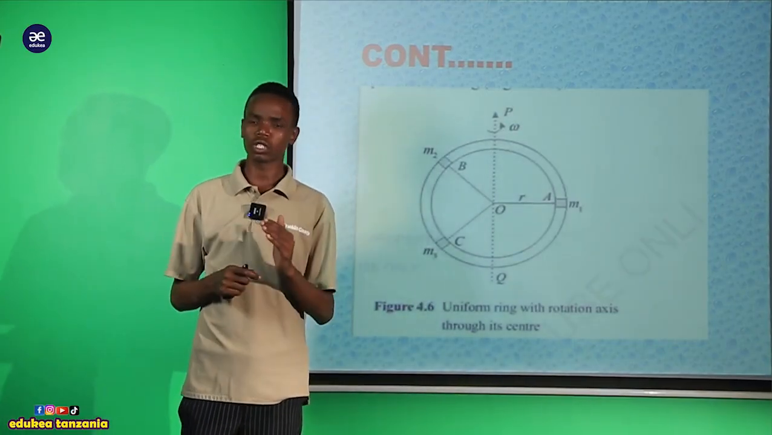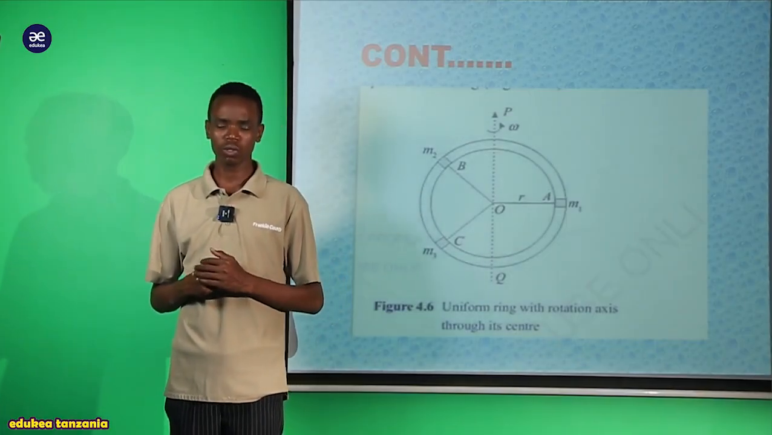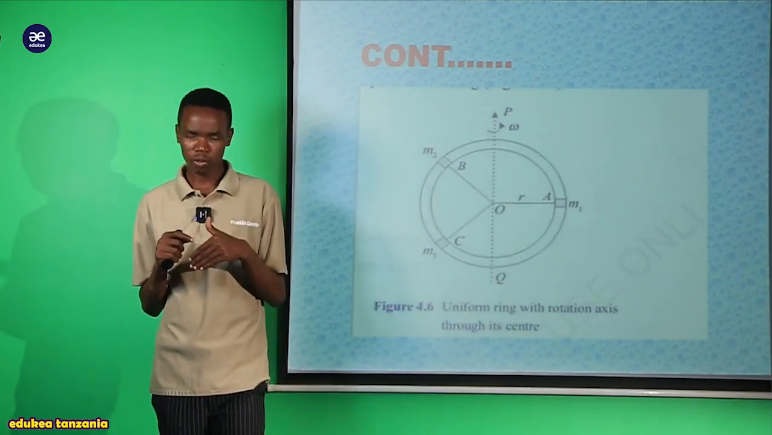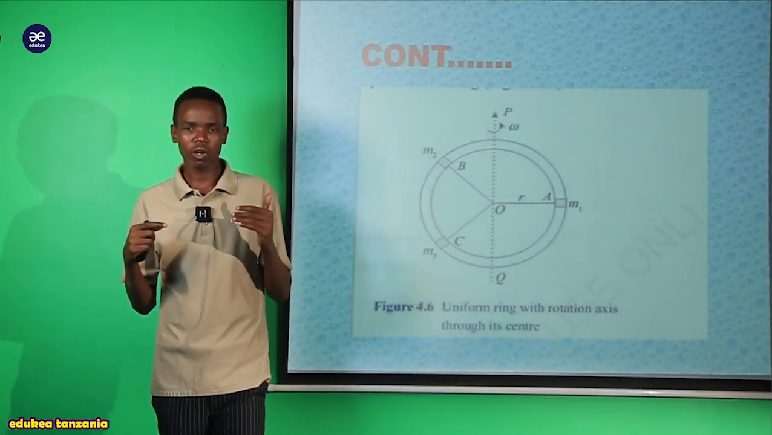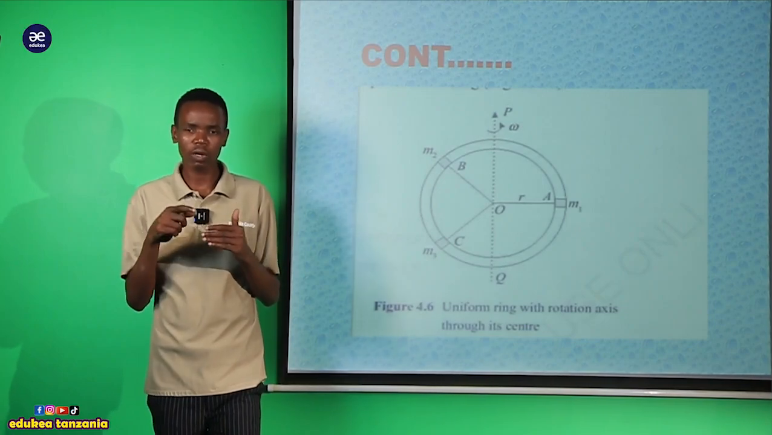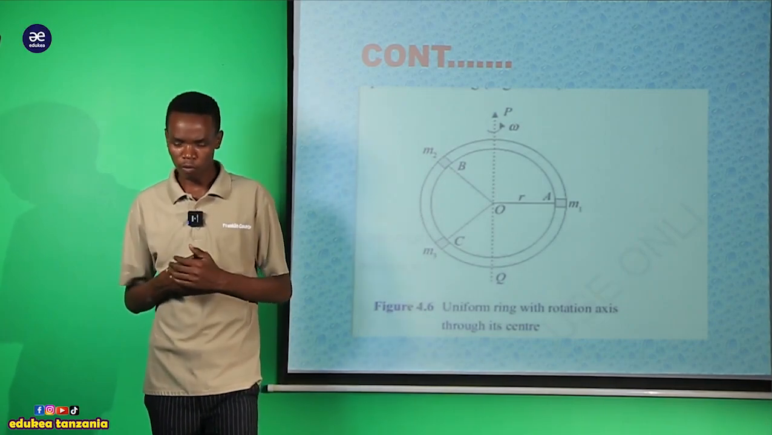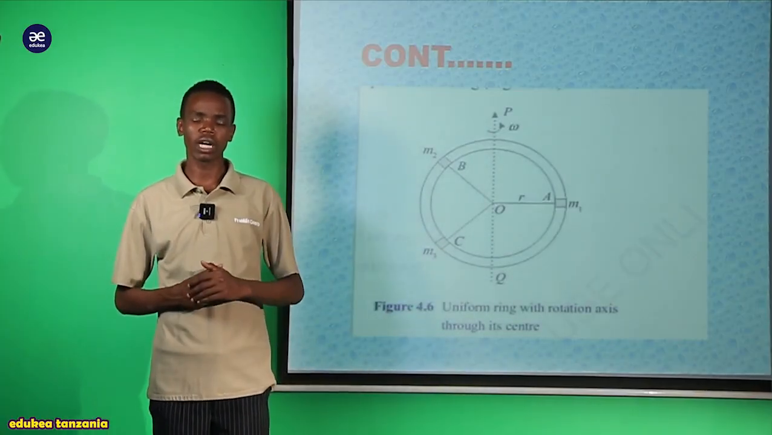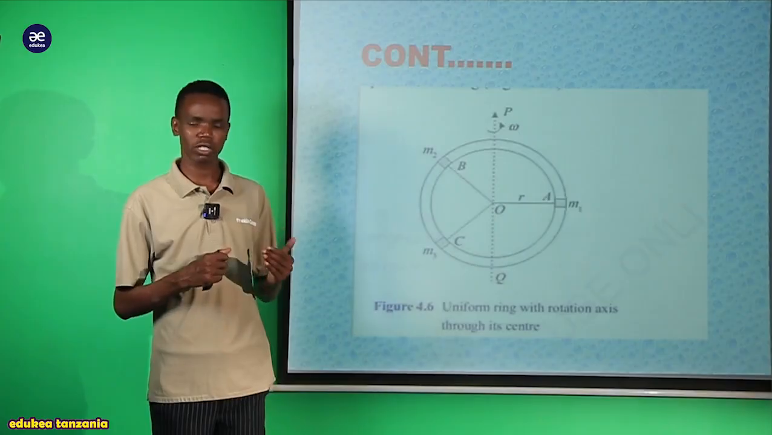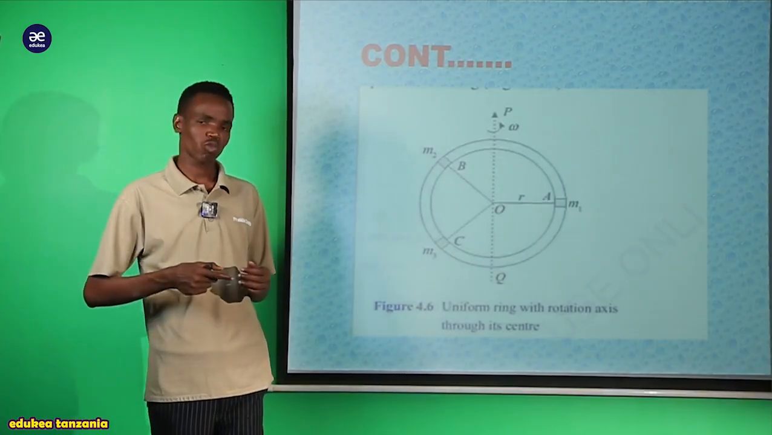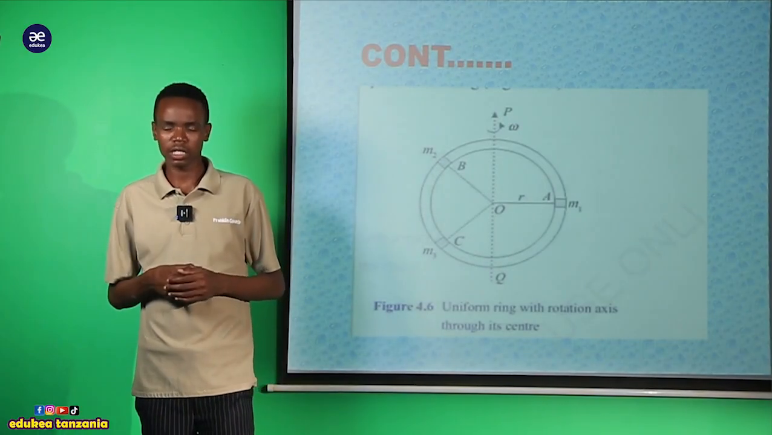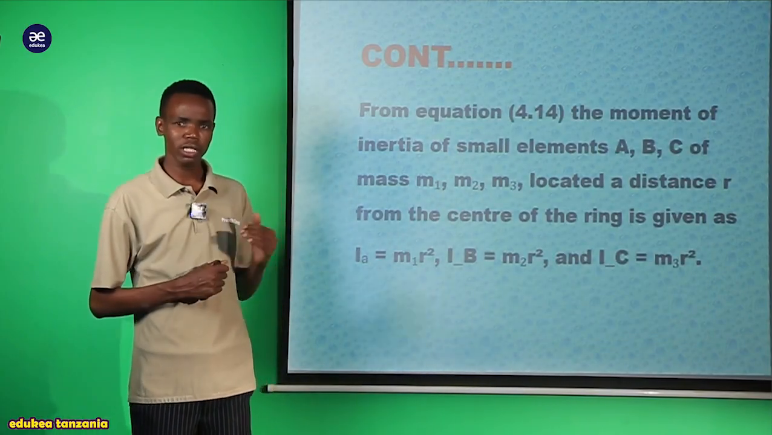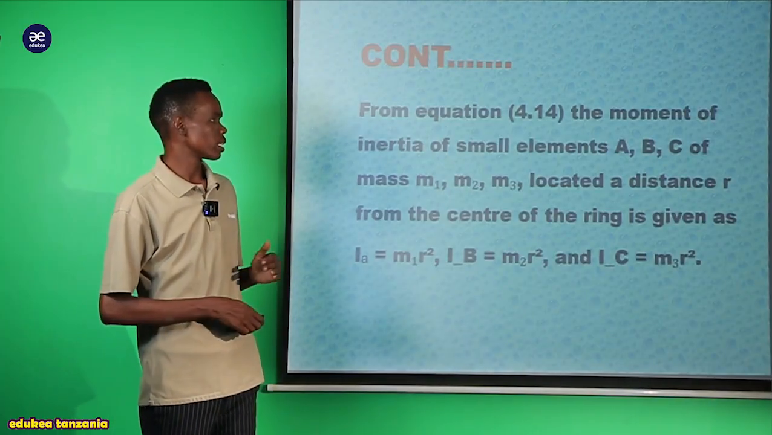What you are supposed to keep in mind, my dear student, is that the rotation of the ring through an axis occurs perpendicular. The rotation occurs perpendicular to the axis of rotation. That is what we try to observe. So this is our figure here that gives us the concept of a uniform ring trying to rotate about an axis through the center. So after that, my dear student, what we are supposed to know here is that from